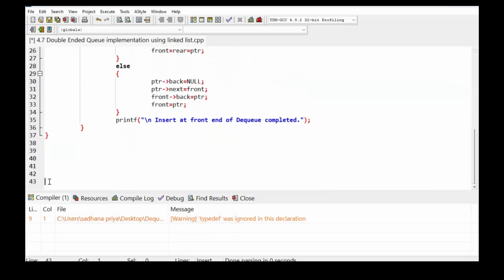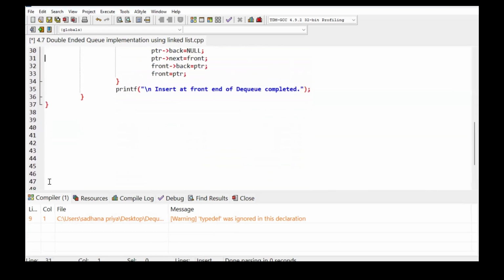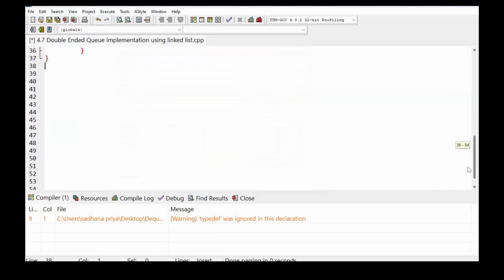Then we have to go for insert into the rear end. Because in a double-ended queue insertion can be done at both ends, we have to go to the last end, that is the rear end. It is the same as inserting a node at the end of a doubly linked list. Same logic we have to follow here. So anyhow, we have to allocate the memory. So I have to write ptr star ptr equal to